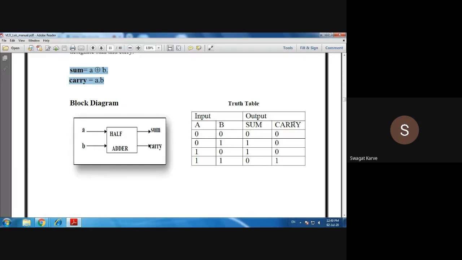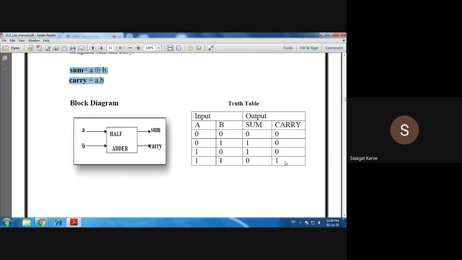So this is the block diagram, and this is the truth table. When both inputs are 0, the sum will be 0 and the carry will also be 0. When any one of the inputs is 1, the sum will be 1 and the carry will be 0. If both inputs are 1, the sum will be 0 and the carry will be 1.